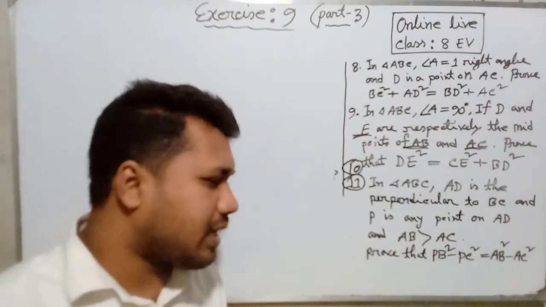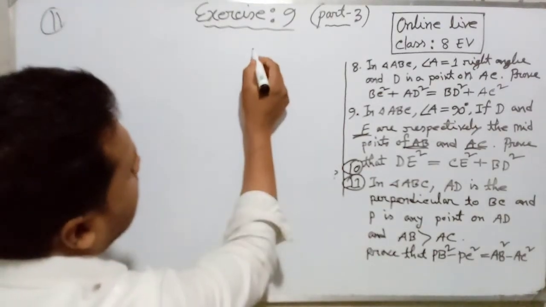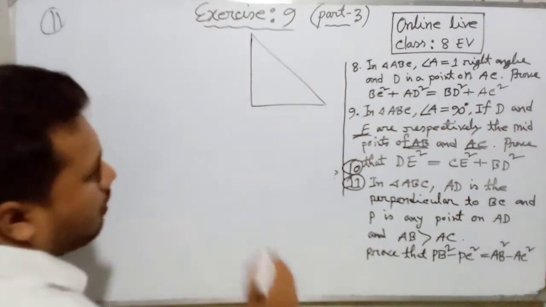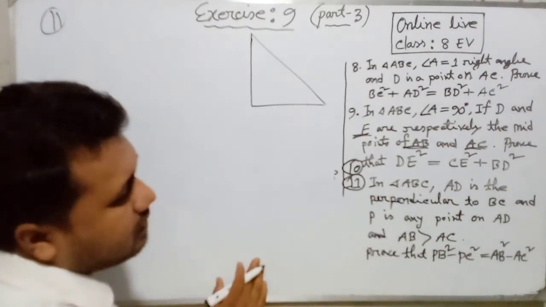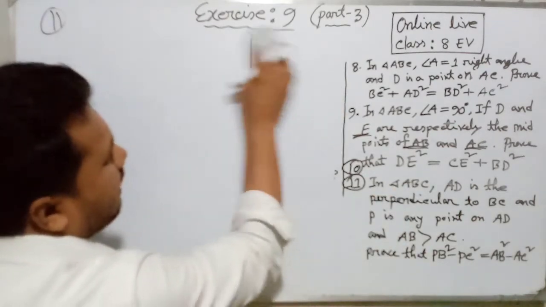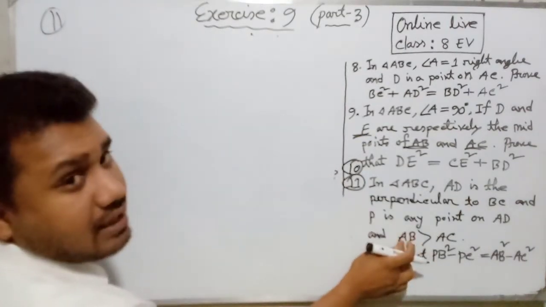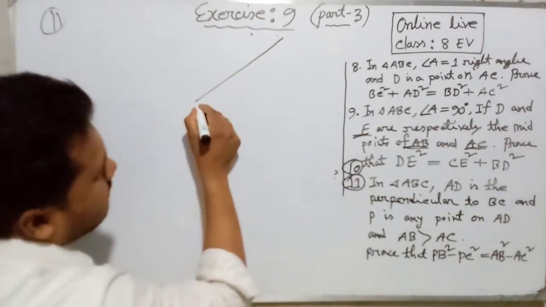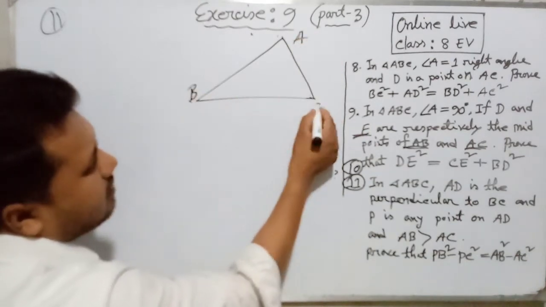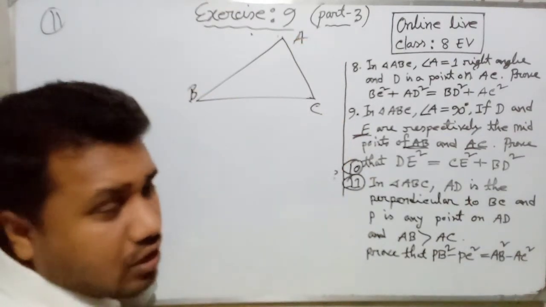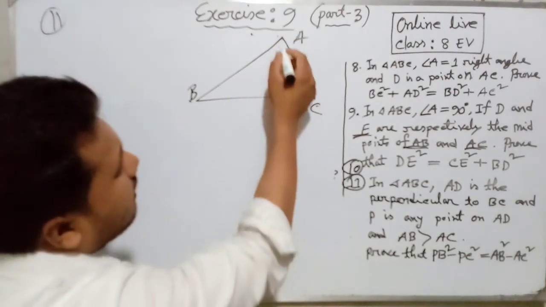So dear student, at first we can draw the figure. Suppose this is our problem number 11. Look, dear student, problem number 11 said that AD is the perpendicular to BC. So we can draw the figure. There is no right angle part. AB will be greater than AC. Clear? So suppose this is AB, and suppose this is AC. So if AB greater than AC, and AD,